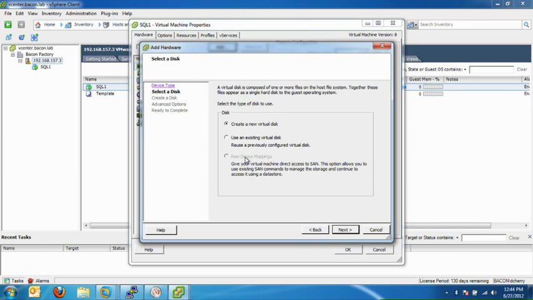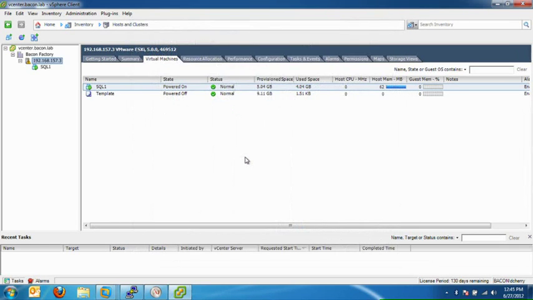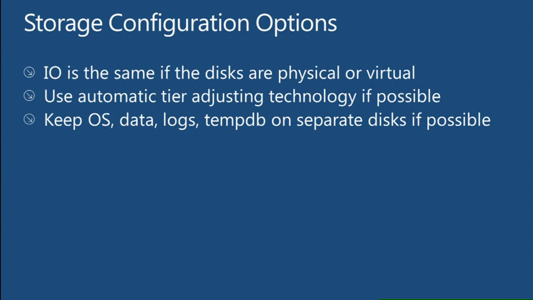And then that LUN will be presented to the guest operating system, and the guest operating system will be what formats it and controls that LUN. So you won't see any difference between a physical server having a LUN and a virtual machine having either a raw device mapping or a